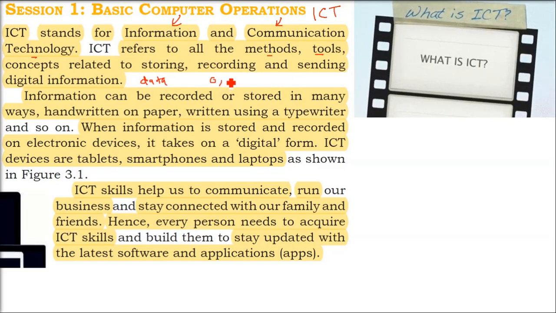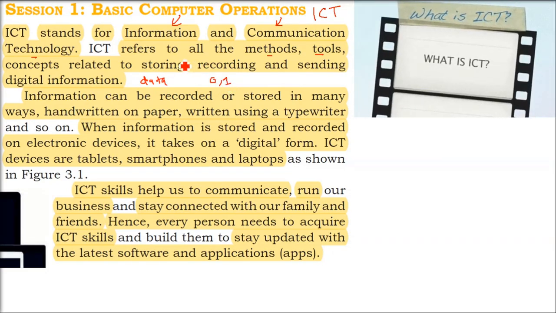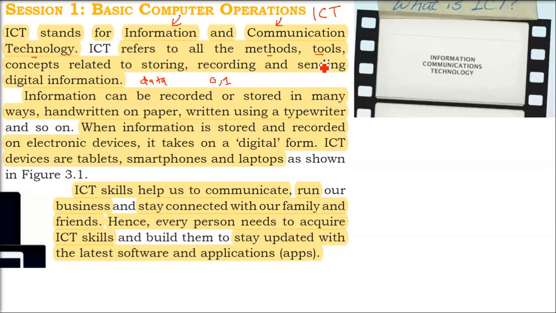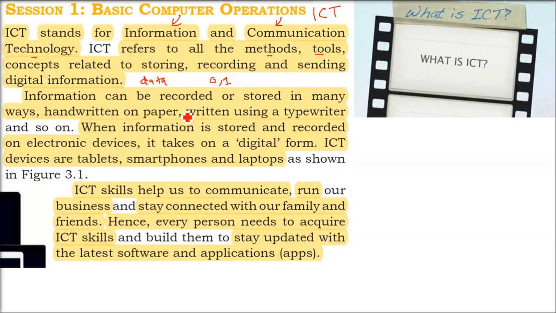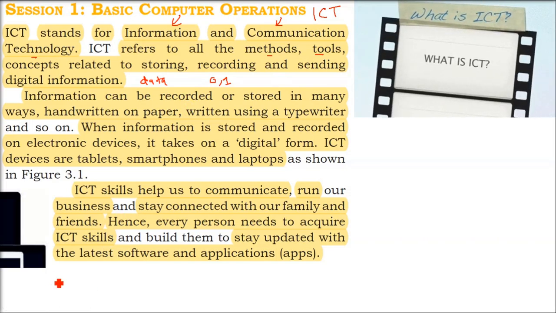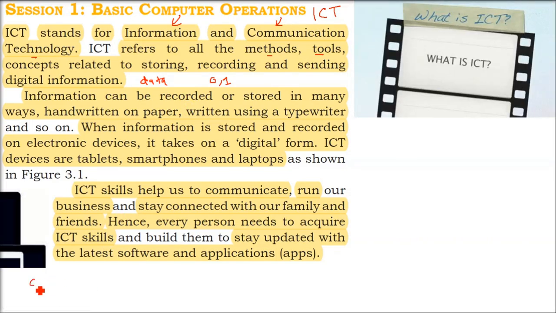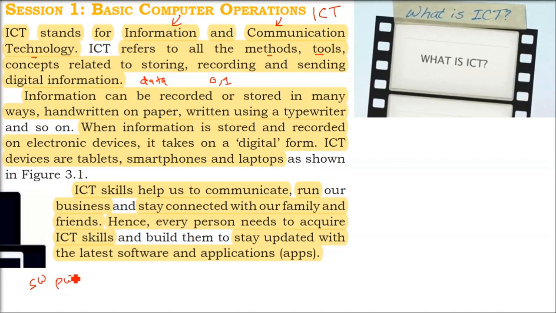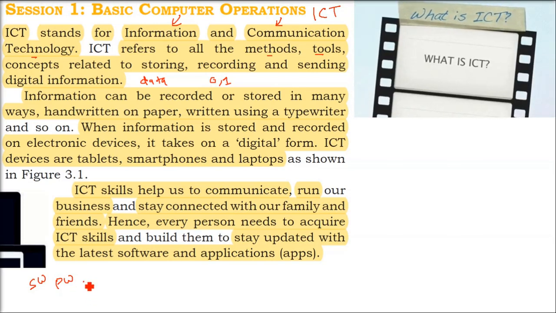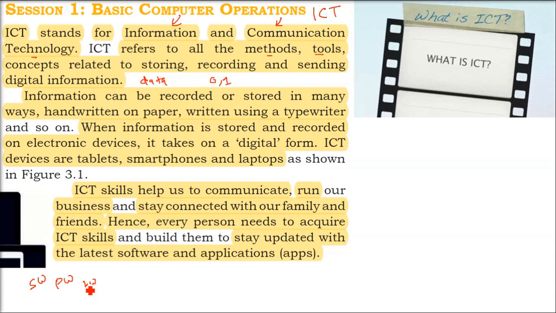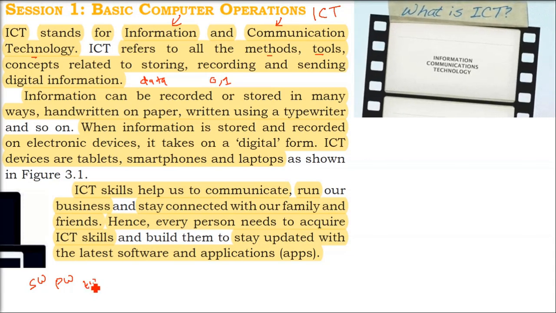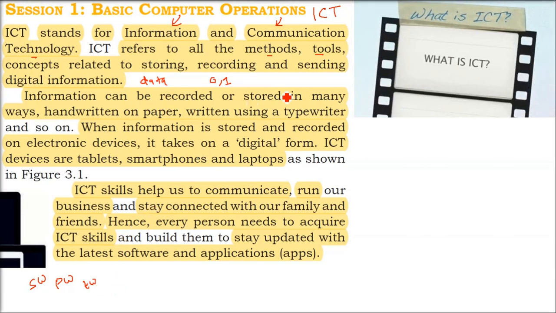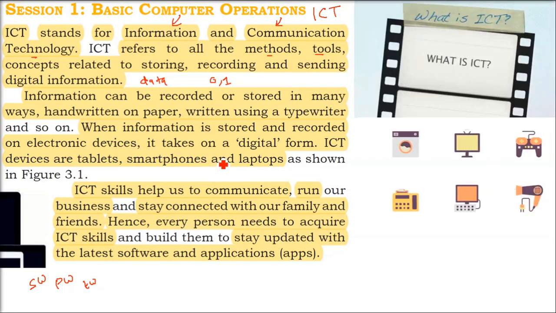So digital is in the form of 0, 1. Previously we used to have analog communication, analog kind of data storage. Now we have digital form. So information, as I said, is data which can be interpreted and has some meaning. This can be recorded in a certain way. Previously we used to write it on paper. Then we started typing it through a typewriter. And now we have the keyboard, so we can input the data through the keyboard. And in your mobile, there is a virtual keyboard.